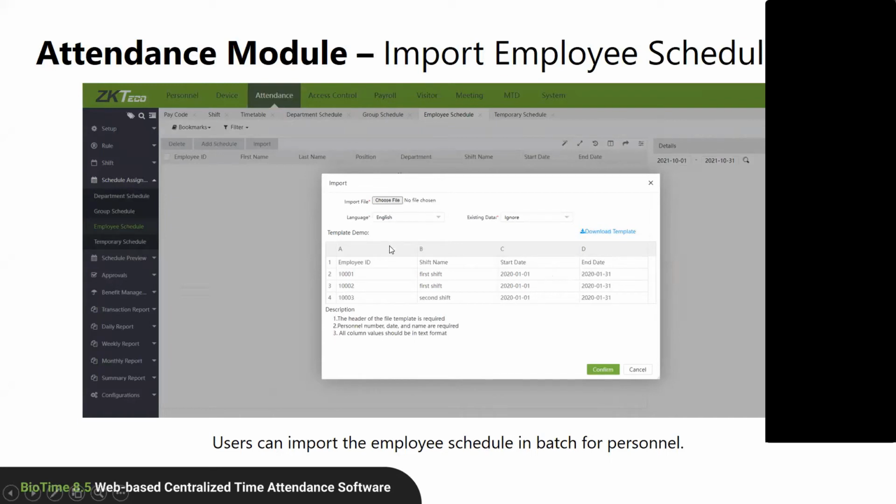And then we have the main option, which is the import option, importing employee schedules. So there are two options here. We can import either by timetable or by shift, that is in a batch. So you can make it a roster type of importing schedule, where you can define different timetables or different shift names directly in the Excel. The format looks like this, and import it at once.